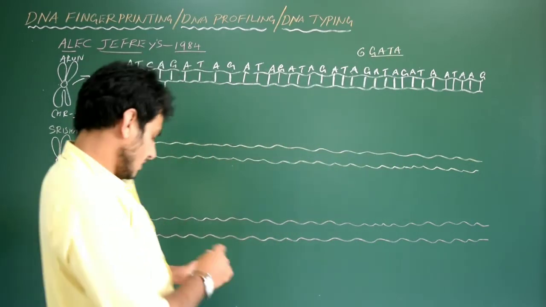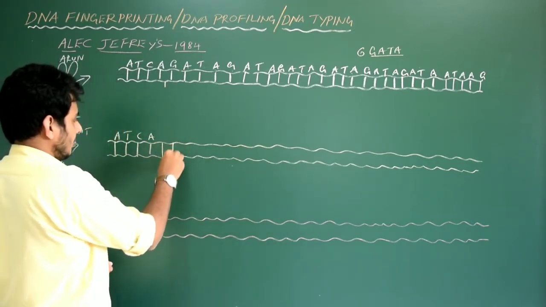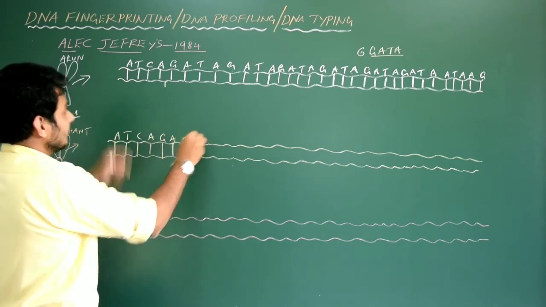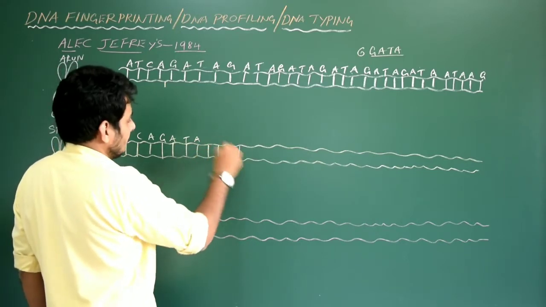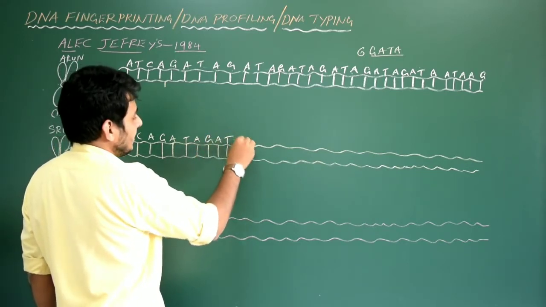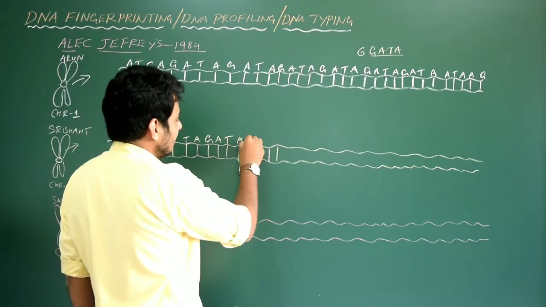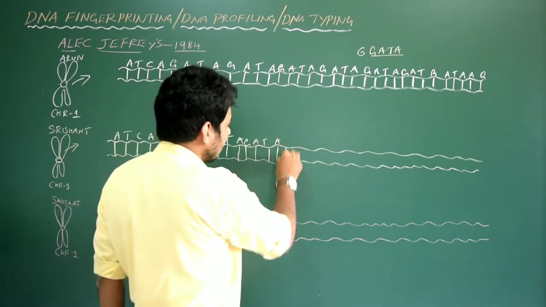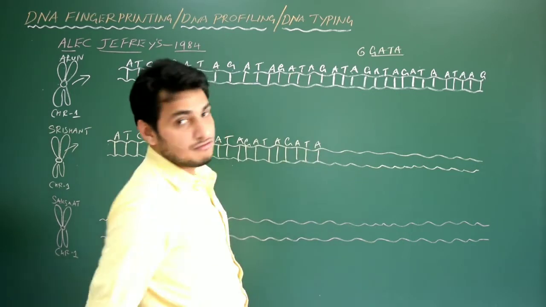So I have got 6 repeated sequences of GATA nitrogenous bases. Let us now take Srishant's. GATA, exactly the same. GATA, again it is repeated. GATA, again it is repeated for the 3rd time. Again GATA, 4 times.